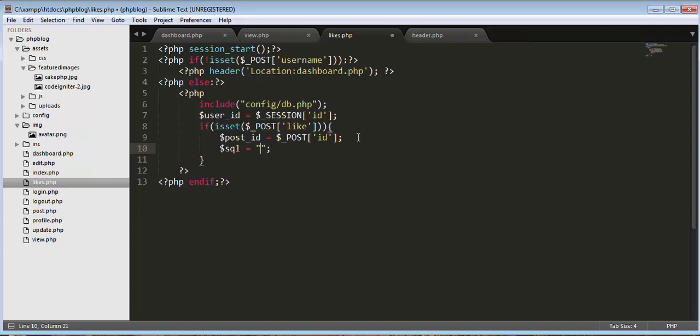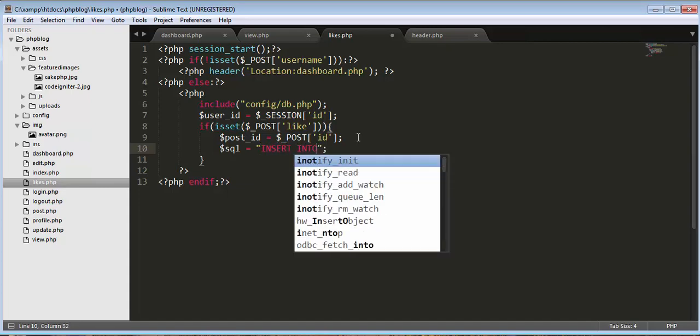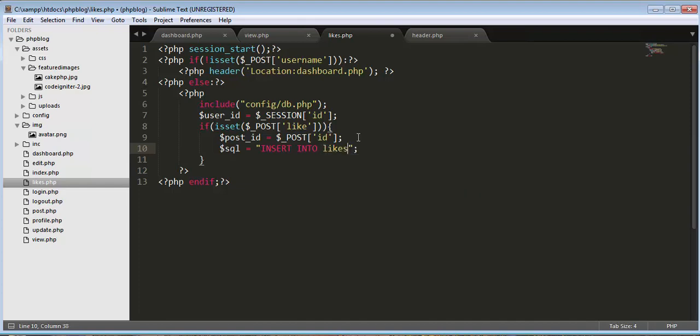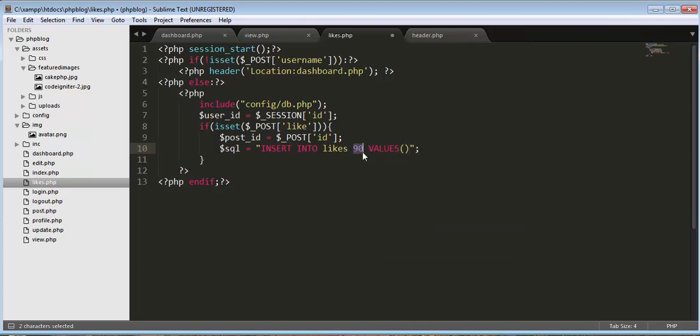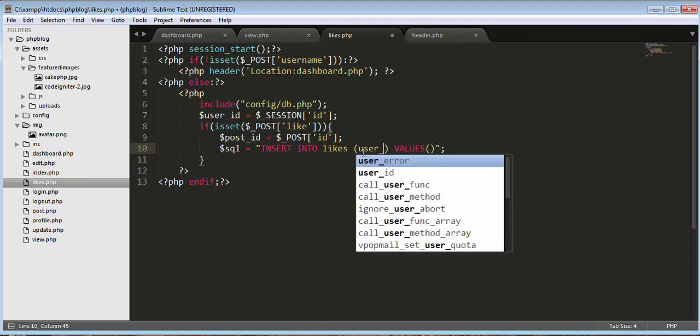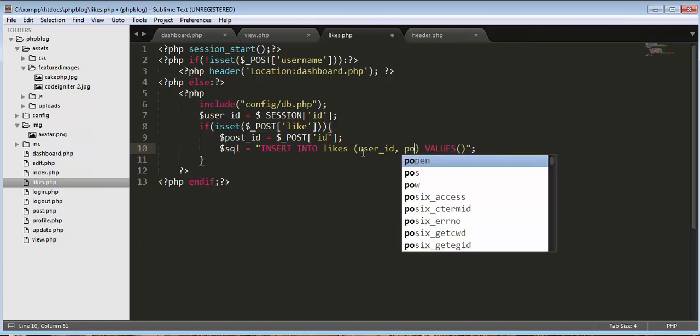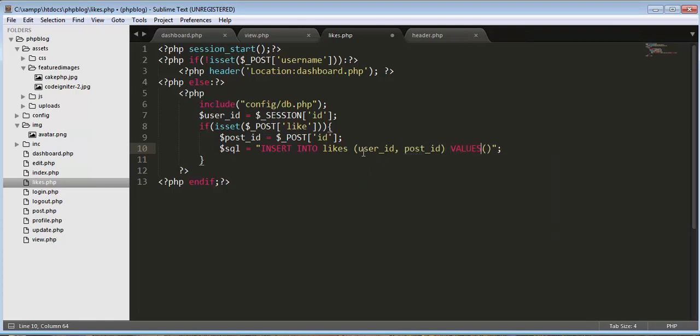Here first is user id, second is post id, and I will pass this user id which I'm getting from the session, and the second one is post id. If my database connection object, if the query gets successfully executed,